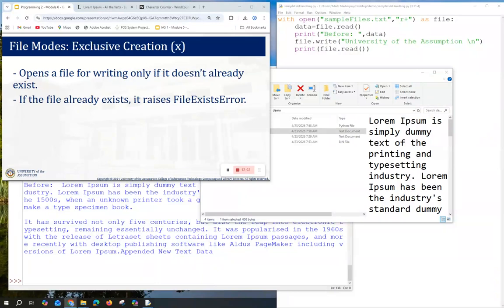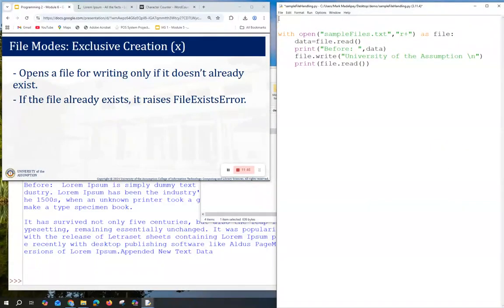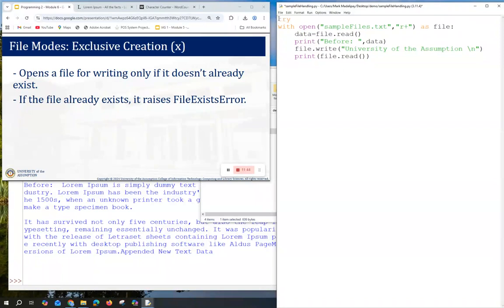Now we have our exclusive creation. This now opens a file for writing only if it doesn't already exist. So let's edit this code. So we'll make use of try. What we will be doing is we'll try to create a file if it doesn't already exist.